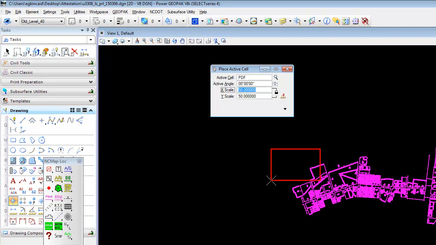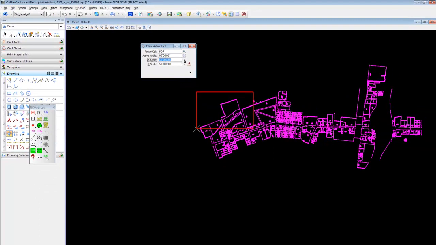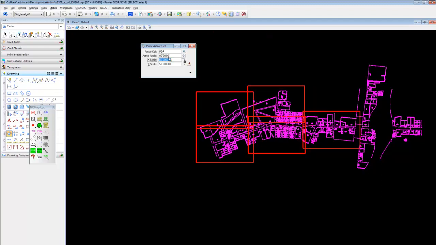Now it's just a matter of coming in here and placing your sheets in. For this particular item, we don't need to worry too much about overlap, just as long as we get everything covered. Take and put these others in at a